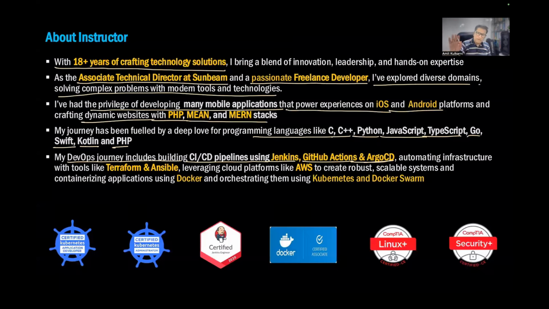Not every customer, not every client can afford a Kubernetes cluster. That's the reason I generally work on both sides, virtualization as well as containerization. When it is containerization, I prefer using Argo CD. When it is virtualization, I prefer using Jenkins, sometimes GitHub Actions. GitHub Actions and Argo CD generally go hand in hand, but Jenkins is something I used for virtualization a lot.